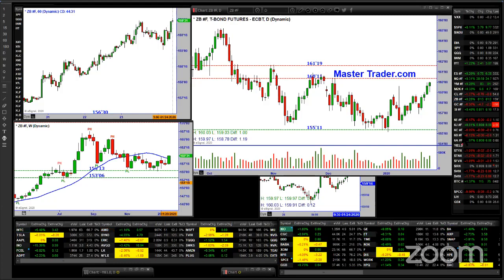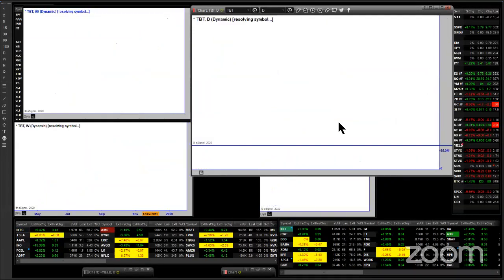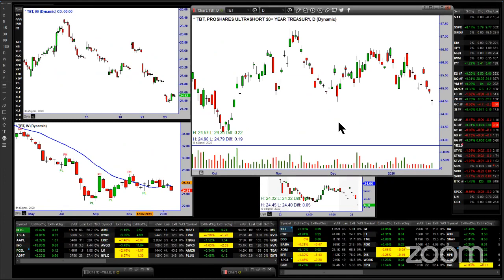So TBT, you can buy TLT, which is the ETF. Right? You can see a similar pattern. It gaps because it's based on what the futures are doing. TBT, that's going down. And eventually,